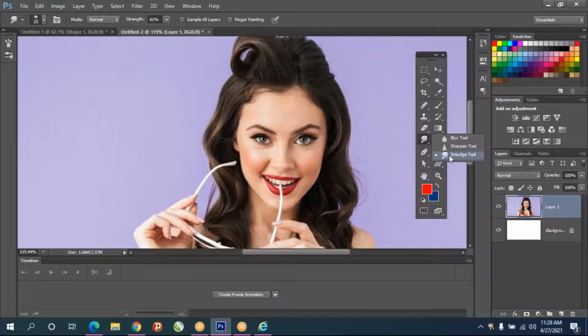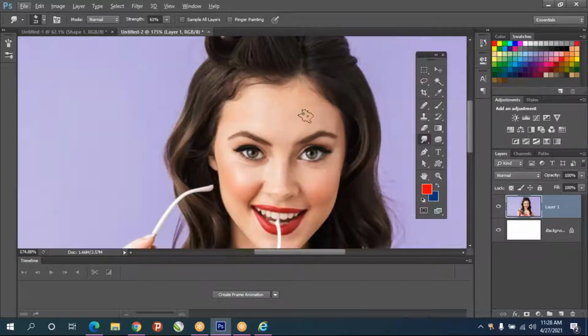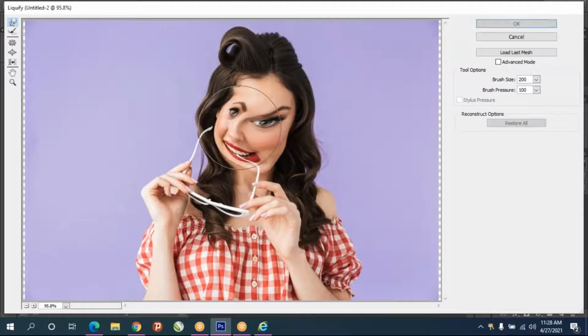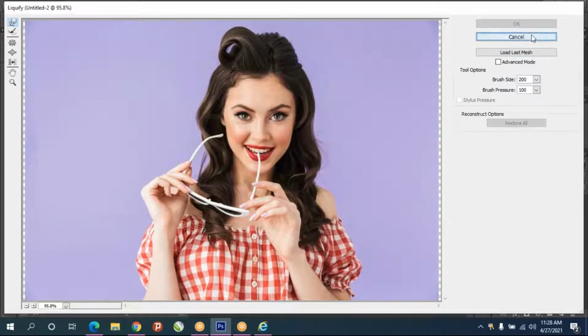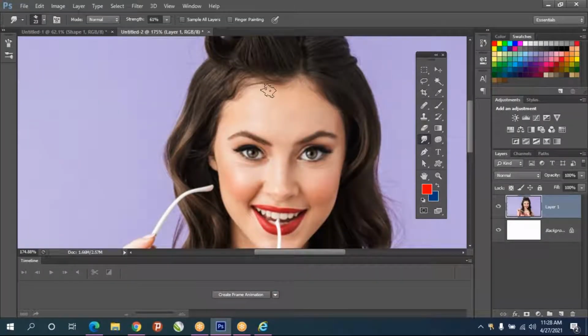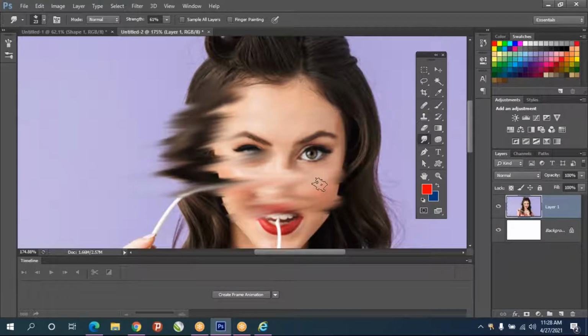After selecting smudge tool, actually smudge tool is like liquify. Last class we seen liquify, no? In the filter menu, liquify. So like that smudge tool also. So we can collapse however you want.